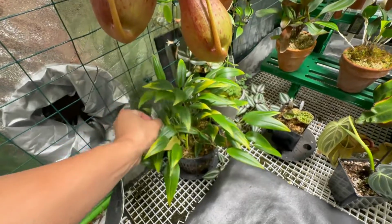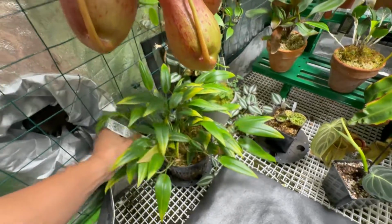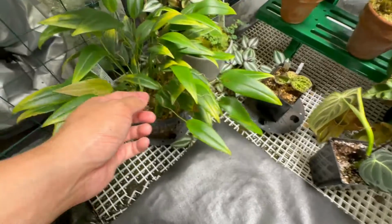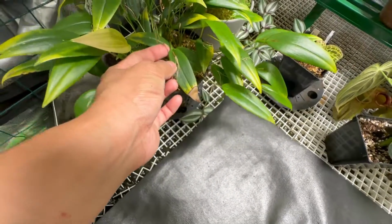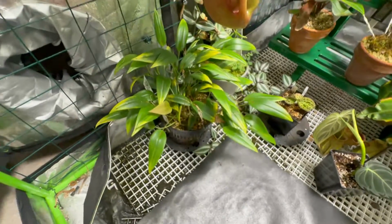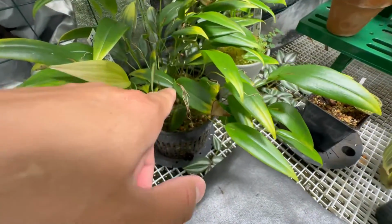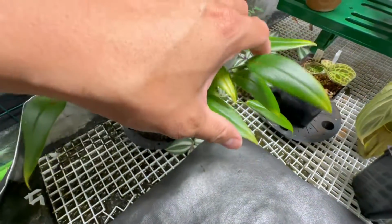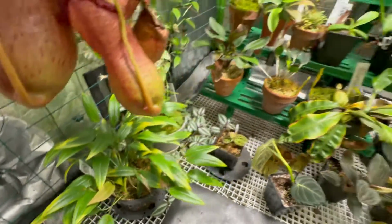I think I still have blooms here, or they've been spent already. They dried down. But what's cool about this plant is when it produces a bloom, it produces spikes along the leaves, which at the time when I first had this plant, that was the first time I've seen an orchid bloom through the upper part and base of the leaves. So yeah, they've been spent already, so there's no more spikes. And